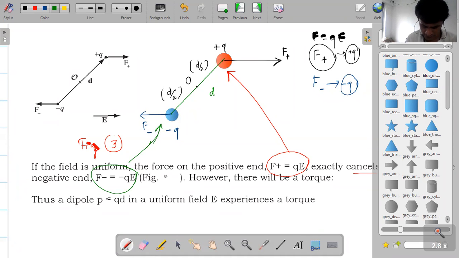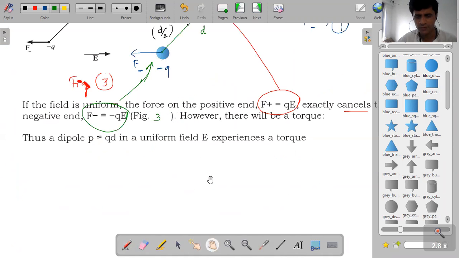Okay, that is figure number 3. And hence, therefore, there will be torque, and that can be written as, dear student, net torque. We can write with the plus Q and minus Q. If you want to find the total torque, then you should consider the force due to the positive charge as well as the force due to the negative charge. Understood, dear student, up to this level? Yes, sir.